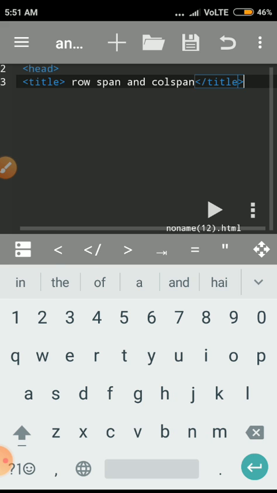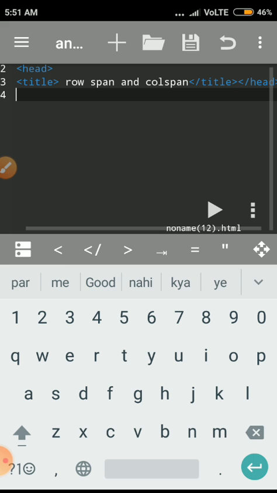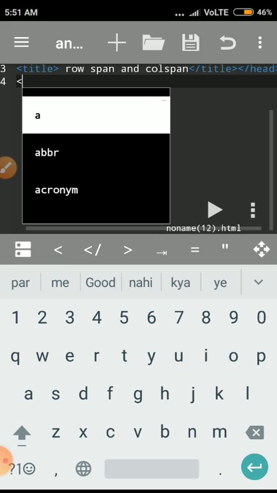And closing the title tag, closing the head tag. Okay, now enter key, opening the body tag.